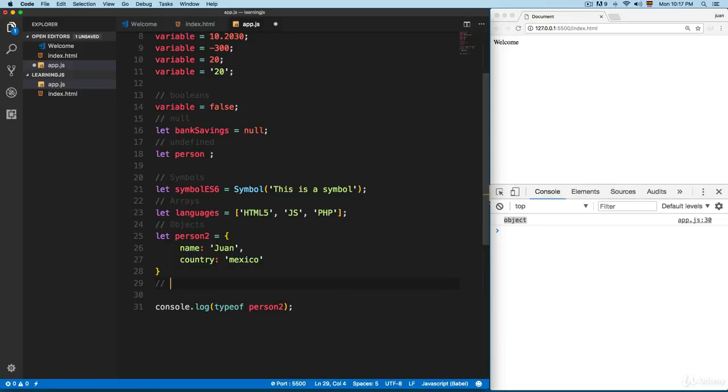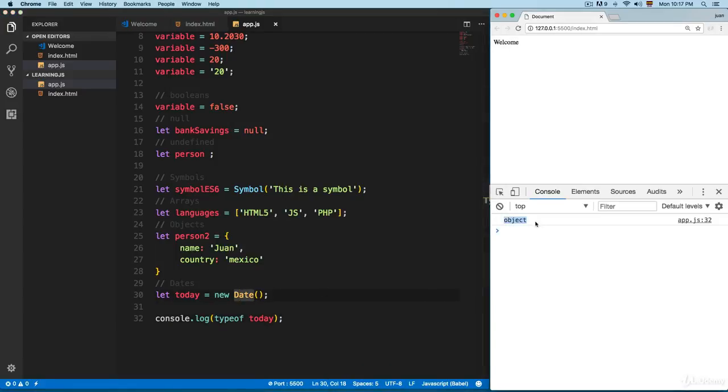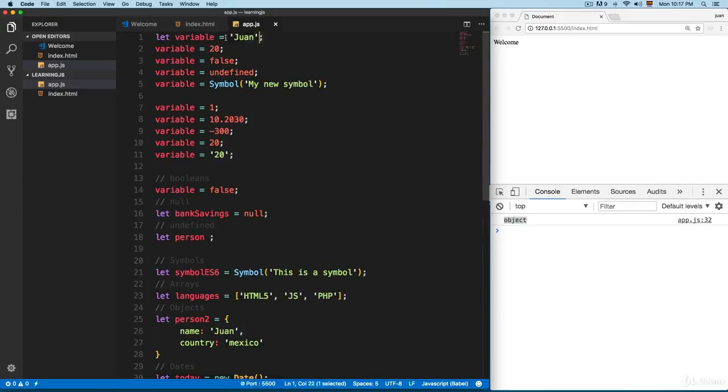Finally, let's review the dates. So date, we're going to add let today equals new Date, and we're going to send this today variable to the console, and you can see that dates are also objects in JavaScript. At the end in JavaScript, you only have strings, booleans, undefined, symbols, objects as the primary data types. They are also known as primitives. So this is it for the